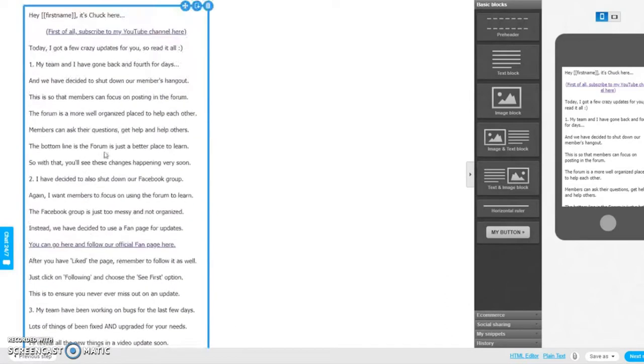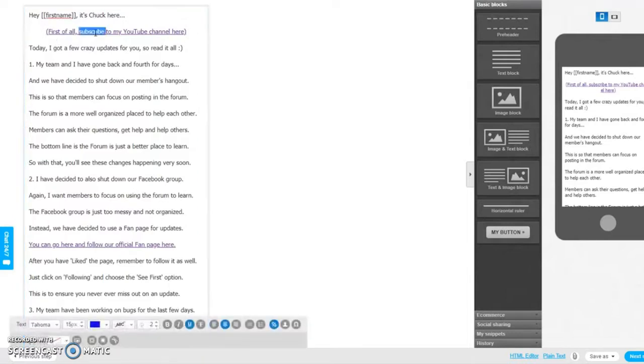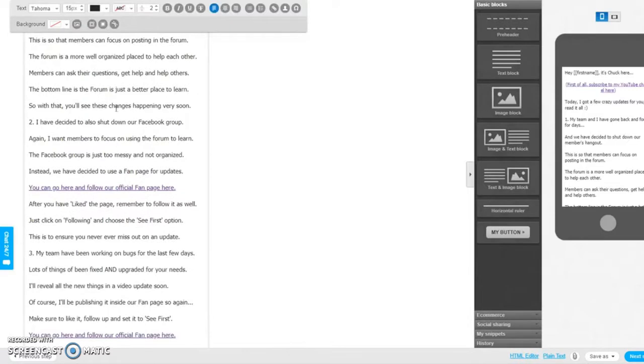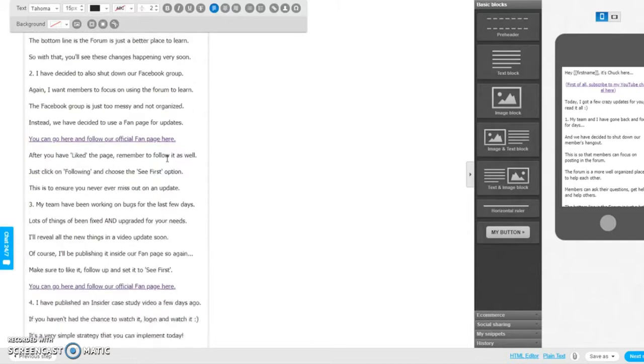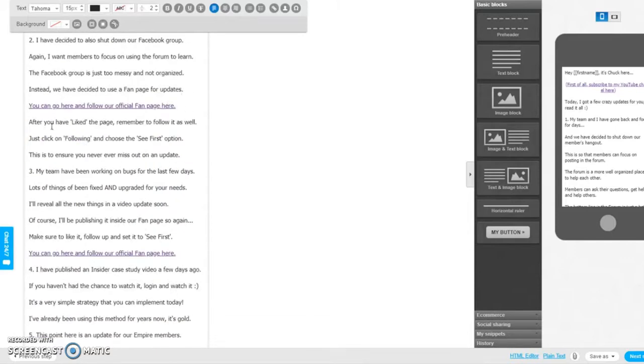So what you can do is just go through the whole entire email, right? Let's say, for example, subscribe. Subscribe may actually trigger a word, so you can just write something like follow, okay? Just to keep it friendlier. Okay, my team and I have gone back and forth with the site shut down, members area, posting a forum, bottom line is this, shut down, focus, learn. I'm just looking for any words that may trigger a spam keyword, right? So the fan page, like, see first, following, update, upgrade, needs upgraded. Maybe upgraded requires trials to upgrade or to buy something. So lots of